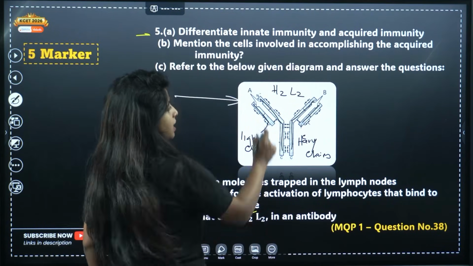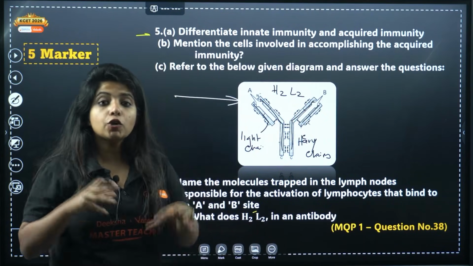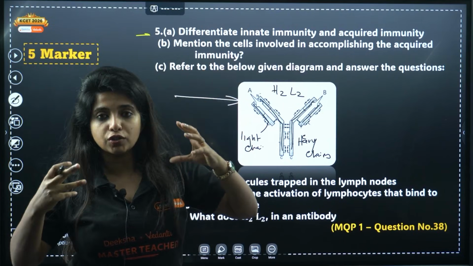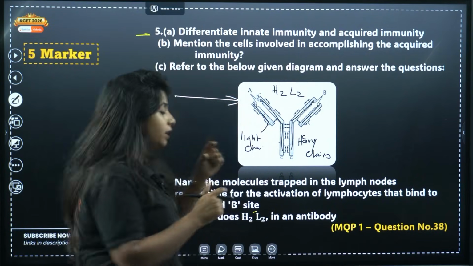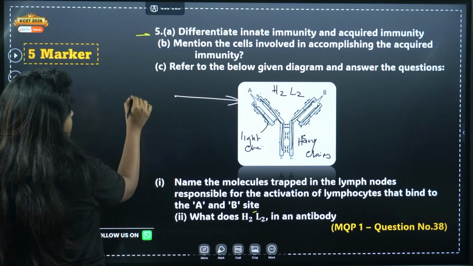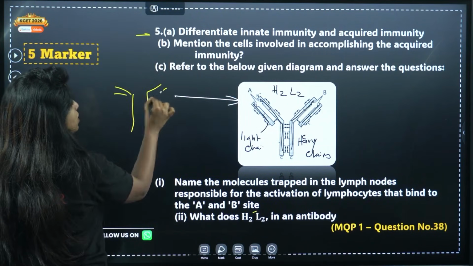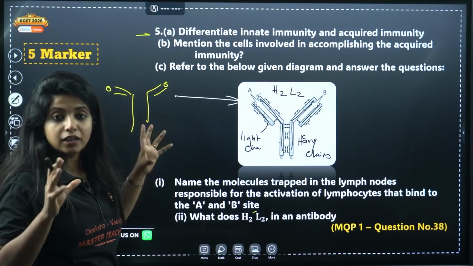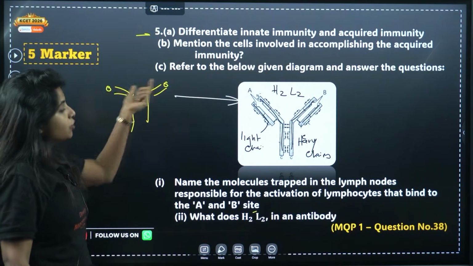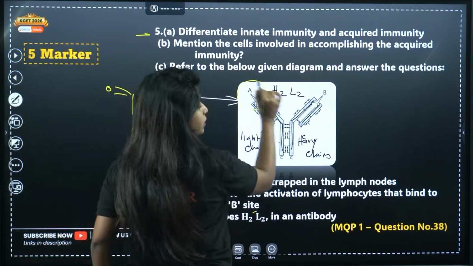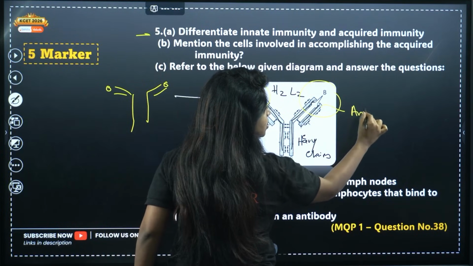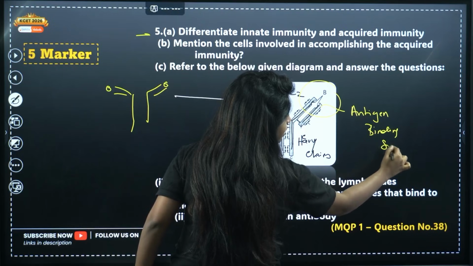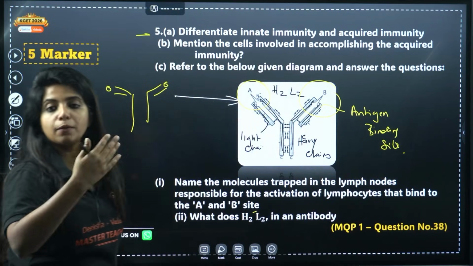And also understand, this is an antibody. What is the role of an antibody? To basically identify the antigens, the pathogens. So a specific antibody will react to a specific type of antigen. It will be binding with a specific type of antigen. So where is this antigen going to bind? It is going to bind over here. You call this site the antigen binding site, and this is unique for all the different types of antibodies.